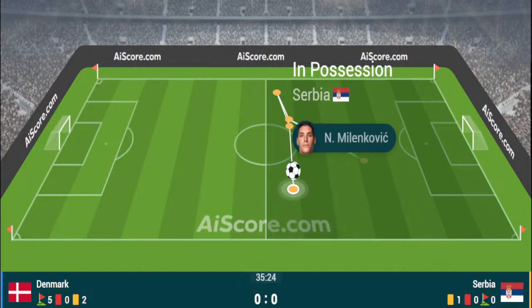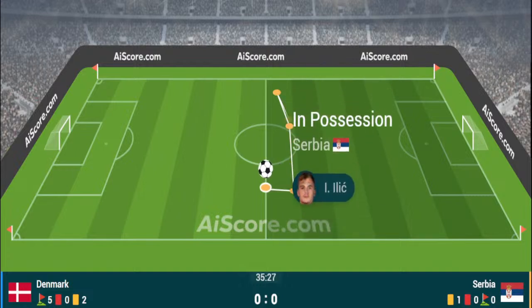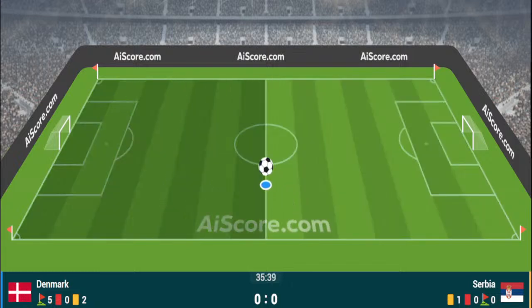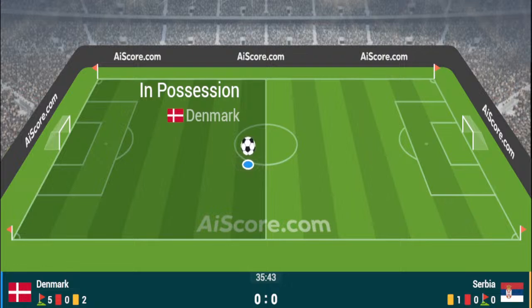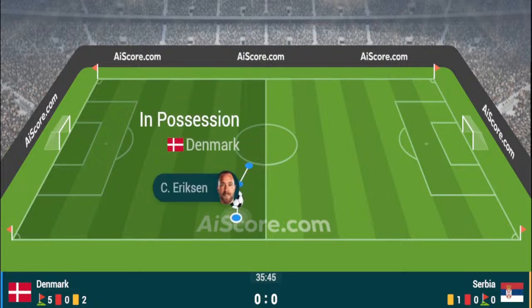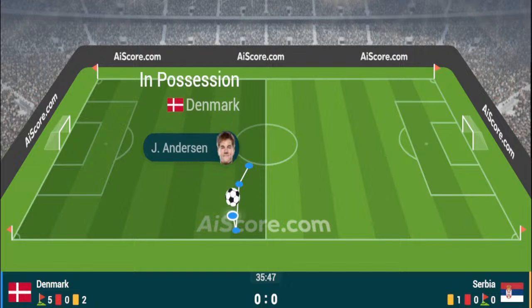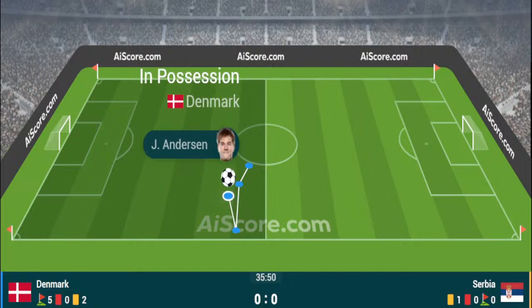Christian Eriksen, but it's a little bit scrappy, it's a little bit messy, it's a little bit uncoordinated from Serbia, and they will know there's lots of work to do indeed if they are to find a way to get the goal, because as it stands in the group, England would have 5 points, Denmark would have 3 points, Slovenia would have 3 points, and Serbia would also have 2 points. So Serbia would be out, and then it really is a bit of a lottery either way.